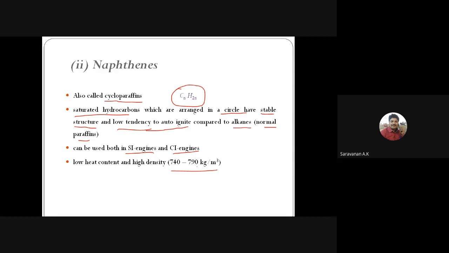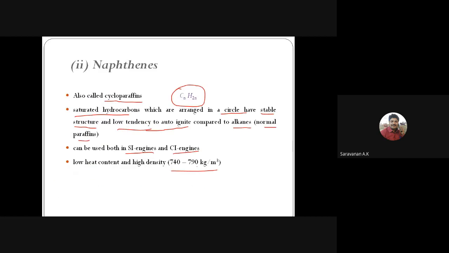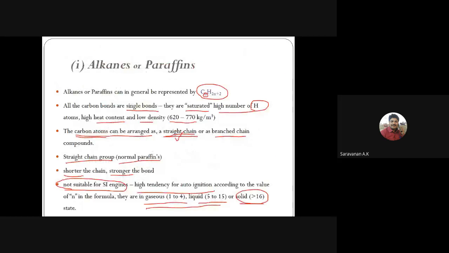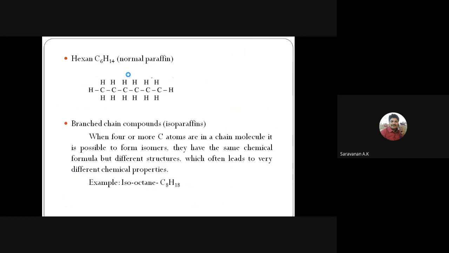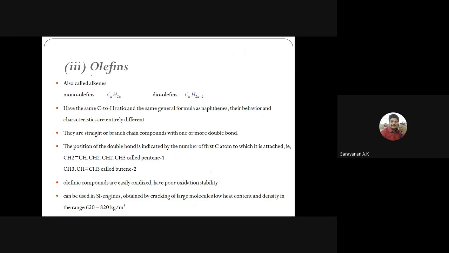Then olefins, or alkenes. The first one is the paraffins or alkanes, the second one is the naphthenes, and the third one is the olefins or alkenes. Alkanes are different, alkenes are different. So here the olefins will be